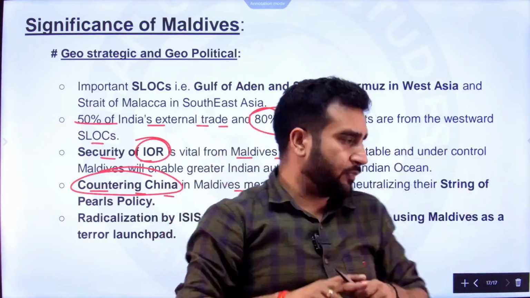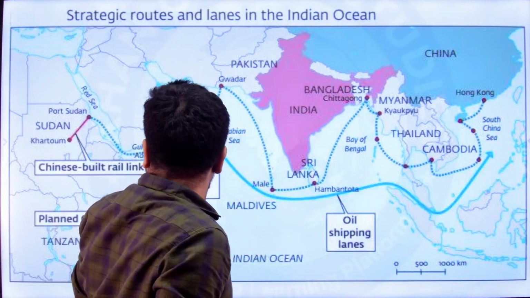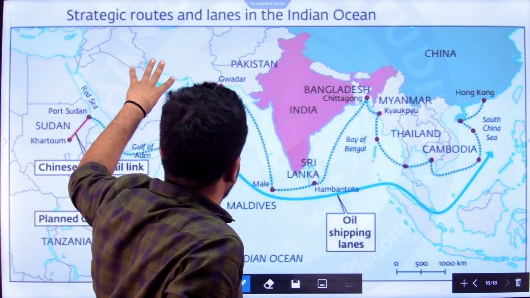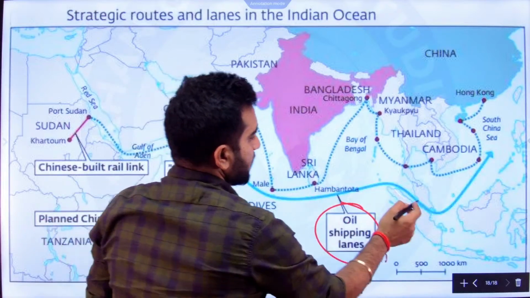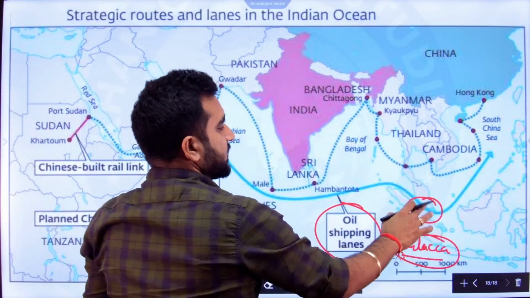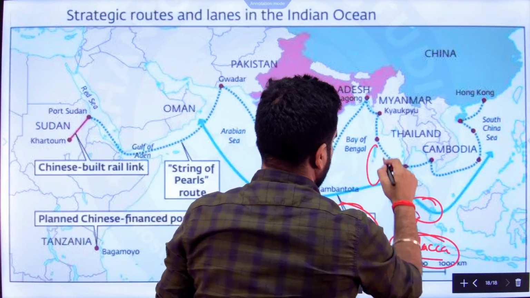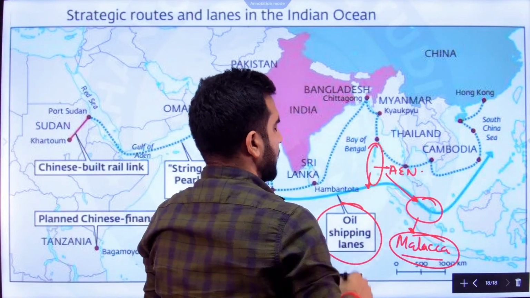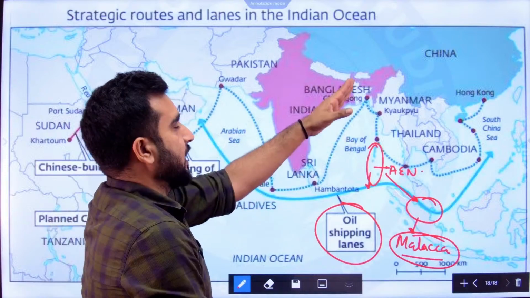चाइना ने इतना स्ट्रैटेजिकली अपना प्रेजेंस बना रखा है कि इंडिया को घेर रखा है। क्यों घेरा है? क्योंकि चाइना को ये लगता है कि उसका जो ऑयल ट्रेड है, एनर्जी ट्रेड है, वो भी इधर से वेस्ट एशिया से आता है। और ये जो देख रहे हो आप, ये सब चाइना की ऑयल शिपिंग लेन्स हैं, ये स्ट्रेट ऑफ मलक्का से पास करती हैं। ये वर्ल्ड का बिजिएस्ट ट्रेड रूट है। तो चाइना को लगता है कि इंडिया जो है, अंडमान एंड निकोबार आइलैंड पे प्रेजेंट है और कभी भी यहां से चाइना का ट्रेड ब्लॉक कर सकती है। तो अगर इंडिया ने किया तो चाइना भी इंडिया का कर देगी, इसलिए पहले से ही चाइना तैयार होकर बैठा है।